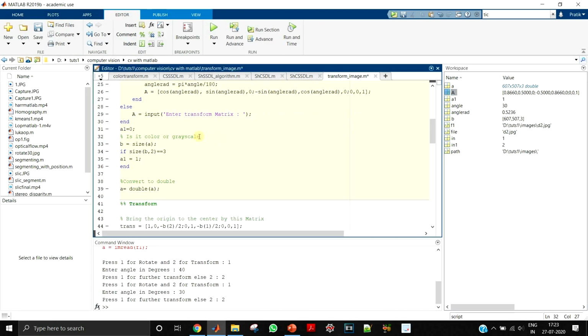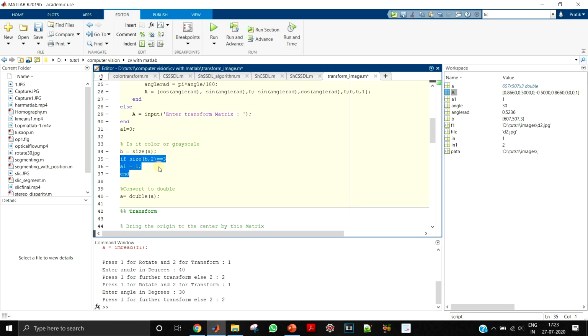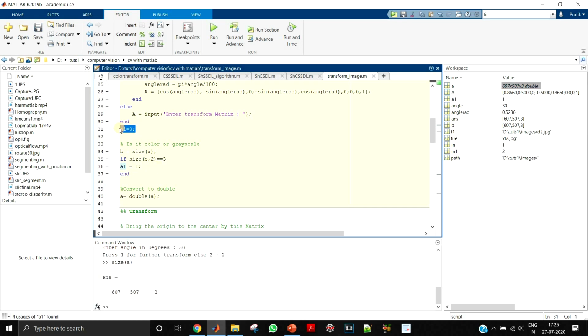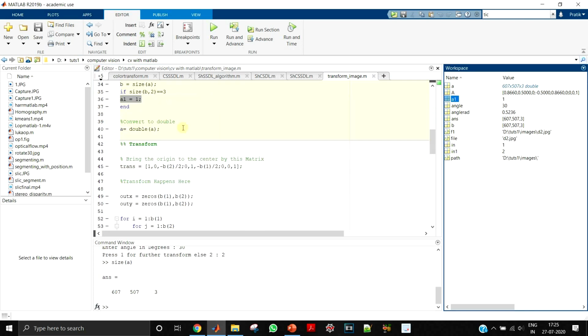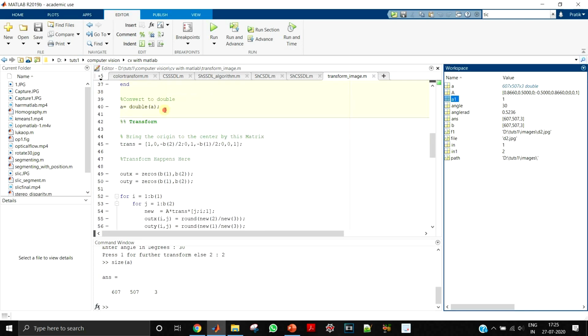Okay. Now my code works for both color images and grayscale images. This particular thing over here is just to know whether the given image is a color image or a grayscale image. If it is grayscale, then A1 will be 0, because it will not go into this loop and it will not get updated. And if it is color, then A1 will be 1. In our case it was color, hence you can see A1 is 1. These are some minor details of MATLAB.